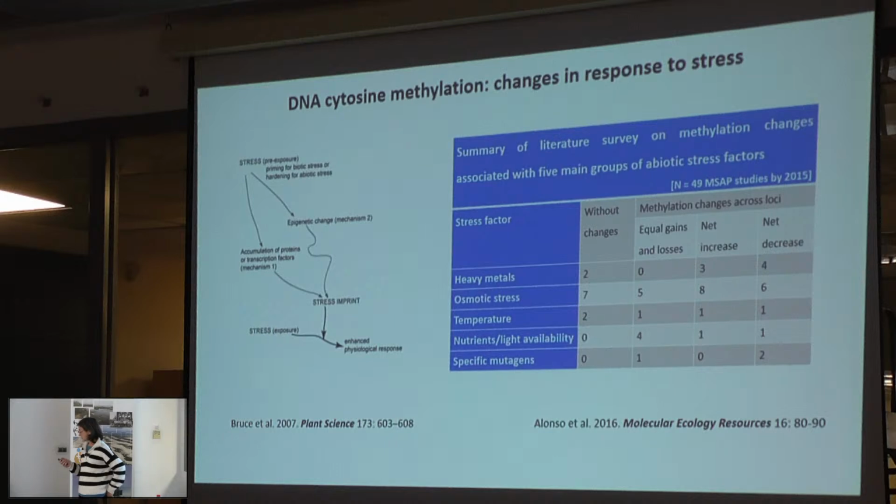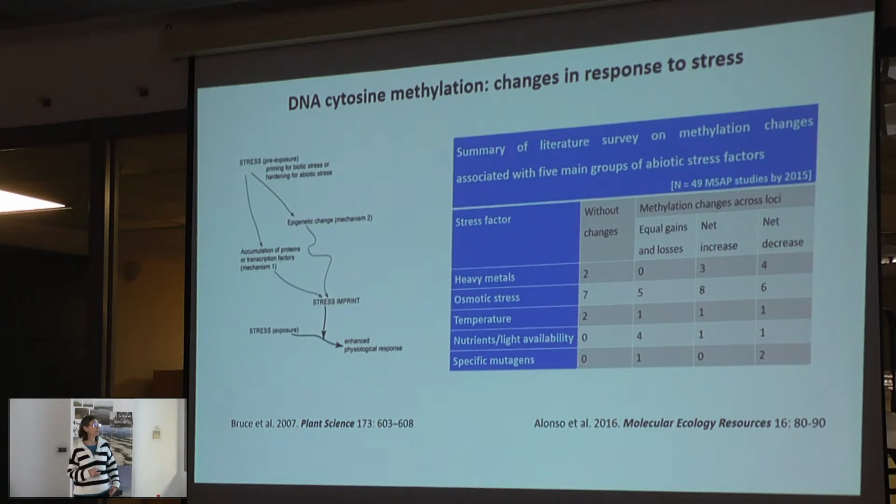Very relevant for ecologists also, DNA cytosine methylation changes in response to stress. Here I have shown two old reviews. The first one suggests that methylation, epigenetic changes, could be related to the priming effect. So why individuals that have already experienced stress can better respond to a subsequent stress. That's priming, and they were pioneers in suggesting that this could be an interesting phenomenon to study when you analyze